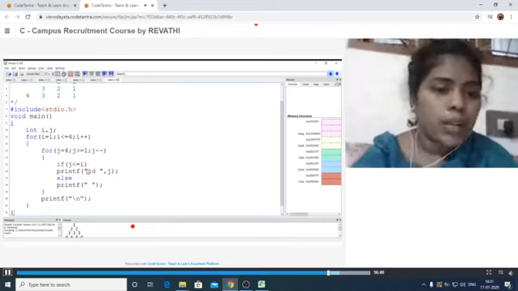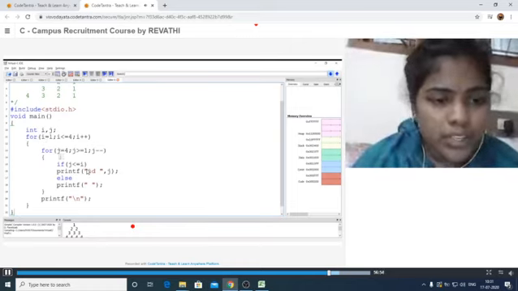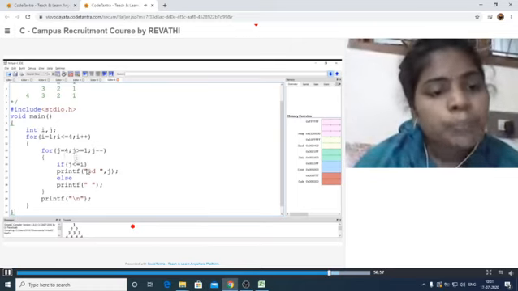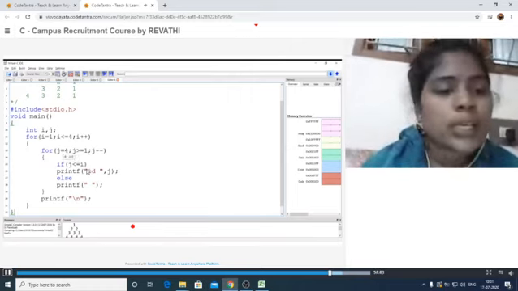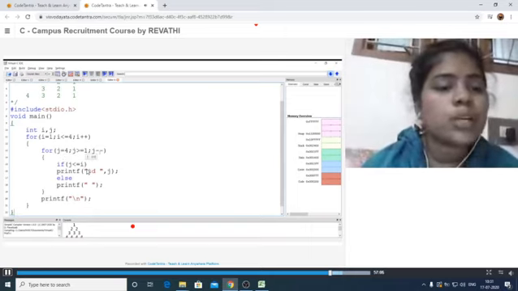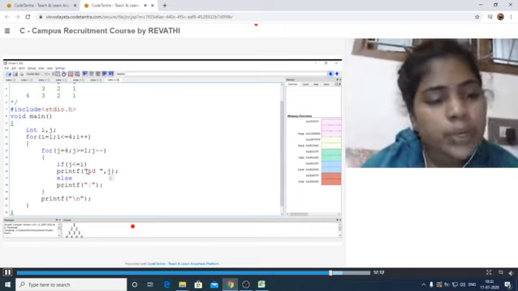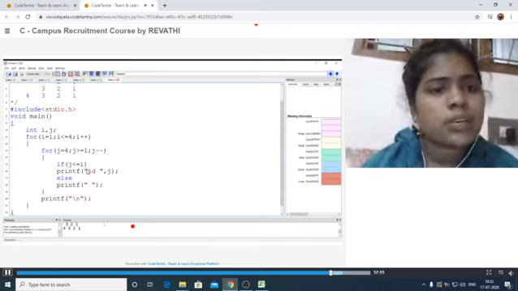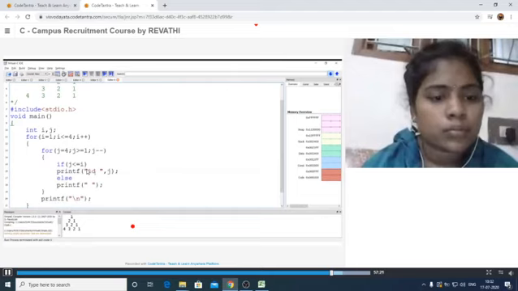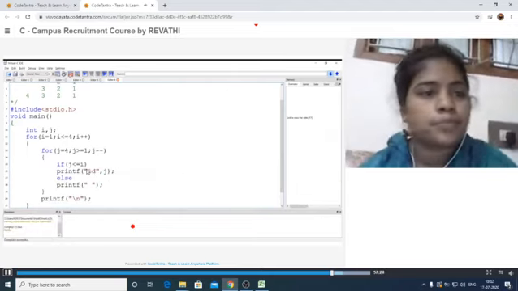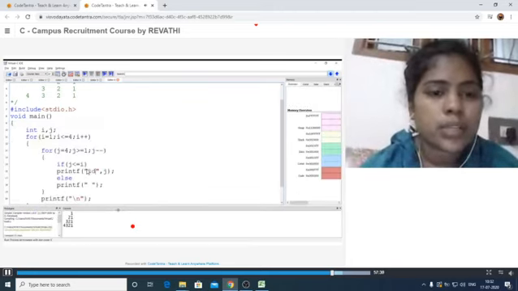Here this is the previous program logic only, but here we have to take the reverse case condition. Actually in the previous loop we took j is equal to 1, j less than or equal to i, j plus plus like that, but here we have to decrement it. Here j starts at 4, j greater than or equal to 1, j minus minus. Whenever j is less than or equal to i, only then it will print the j, otherwise it will print the spaces here. Execute this and see the output here. So this is the logic used for printing the reverse case. Let us work this one out.